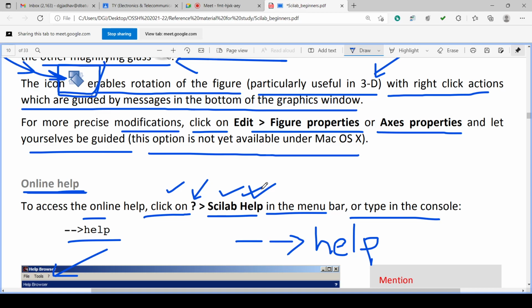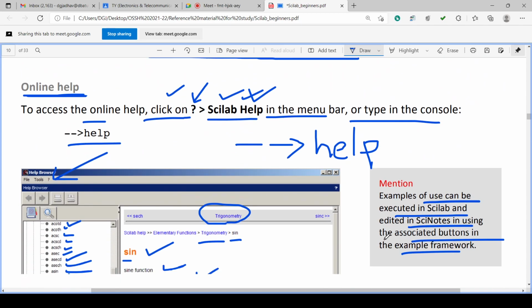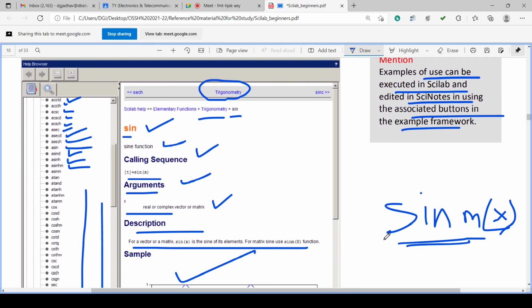What is the alternate method? The alternate method is to type in the console in front of the prompt. What do you have to type? HELP. In front of the prompt, give the command help and enter. After the carriage return, enter is pressed, you will get the help window opened.